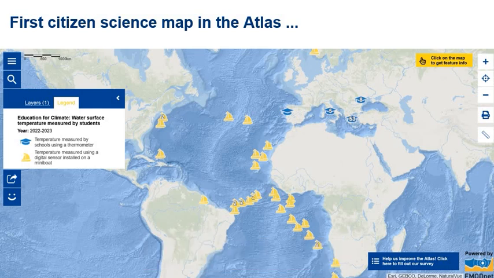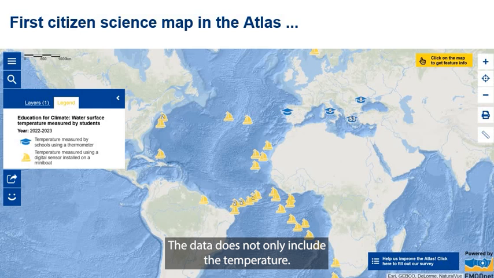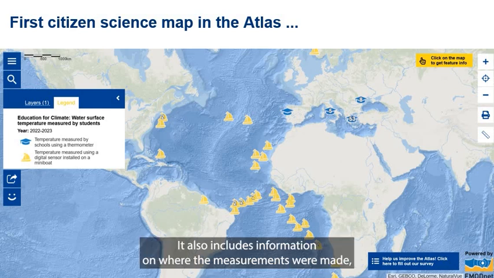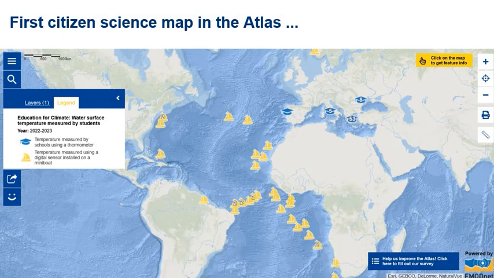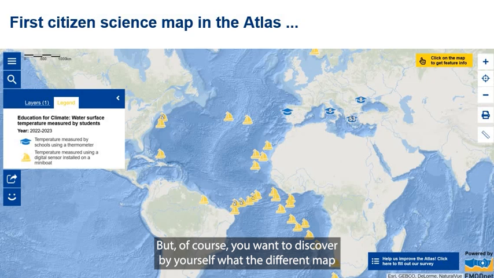that we have received. And the data does not only include the temperature, it also includes information on where the measurements were made, when they were made, how the temperature was measured, and in some cases it also includes pictures of the location where the measurement was made or a picture of the boat. So these are a few examples, but of course you want to discover by yourself what the different map layers